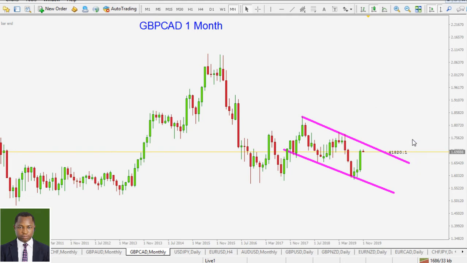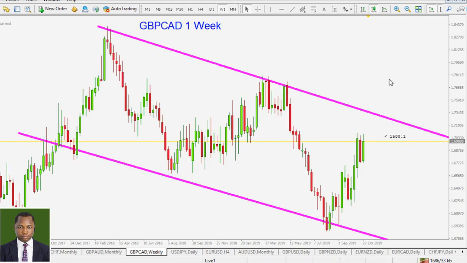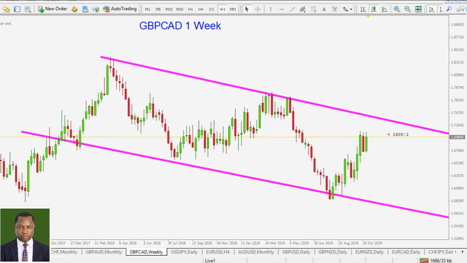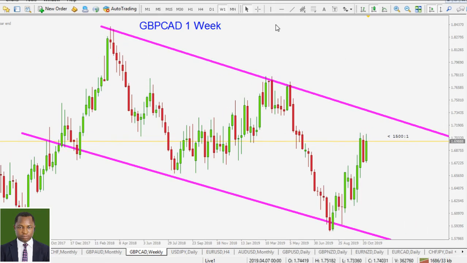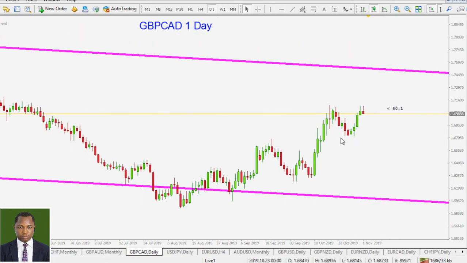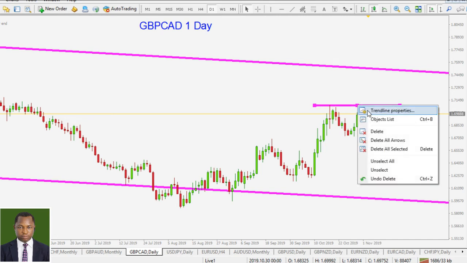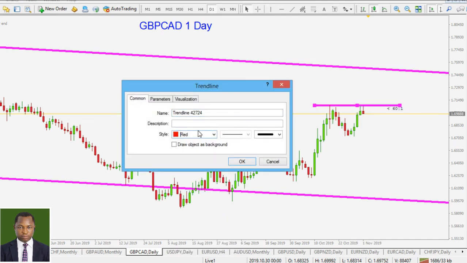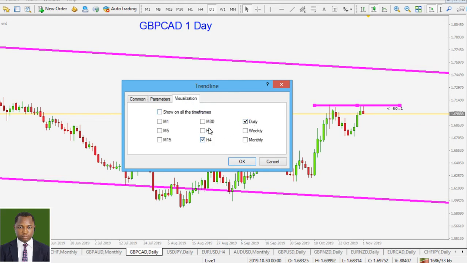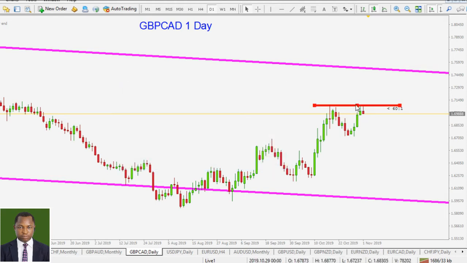All right, let's move on to the next time frame, the weekly level. Well, it's still the same thing. Price just needs to make some little pushes again to that area. Then you can find resistance there for price to come back down. You really do not want to go long around that zone. In the daily time frame, we have that level of resistance, which is currently being retested. I'm going to mark that in red. Then we can also mark the lower boundary here in red.